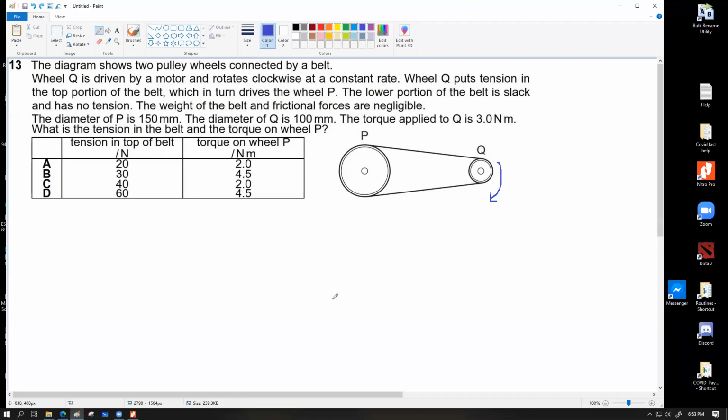The belt infusion is, for those of you who don't understand this properly, a very simple scenario. Whenever any bicycle or rickshaw sprocket works, the pedaling wheels, the two pedals, actually rotate a much bigger disc, which uses a chain to rotate the driving shaft for the two rear wheels. So the tension or the force is exerted from the top part of the chain, but the lower part simply